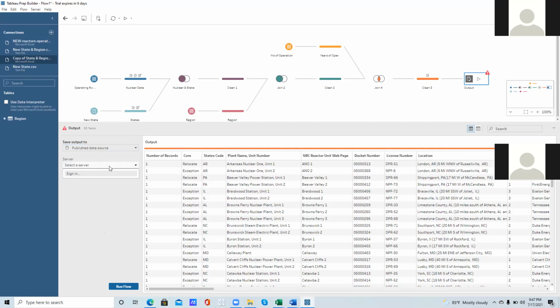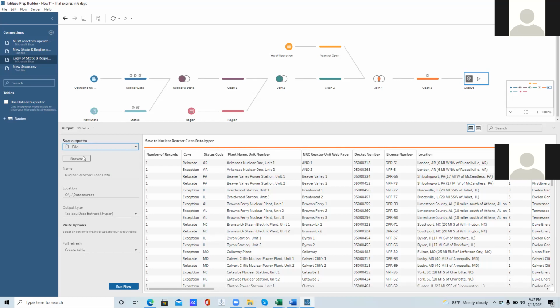Tableau data source uses hyper extract, or you can also publish as a hyper on your local machine. Let's say you don't want to save it on your server. Go back to your file, click on your file, and if you go to output type, you see Tableau data extract hyper.